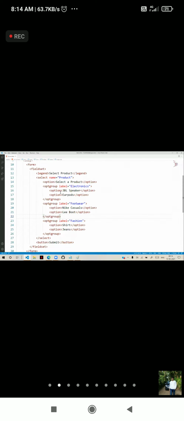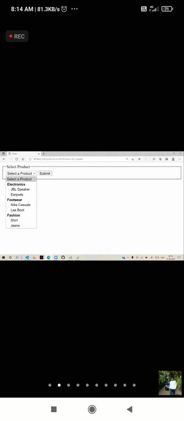So now options can have a value. And the value I define as, suppose it is having some code, JBL01. This is the code of that particular product. Then usually what happens is when the user selects that and clicks on submit, its code will be submitted. That means its name will not be submitted.